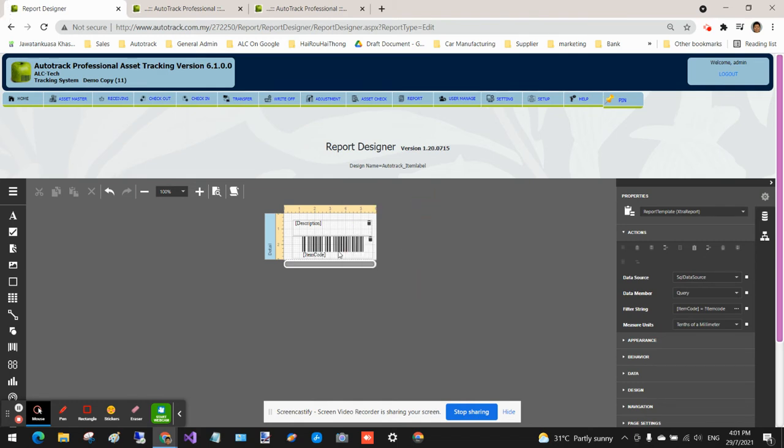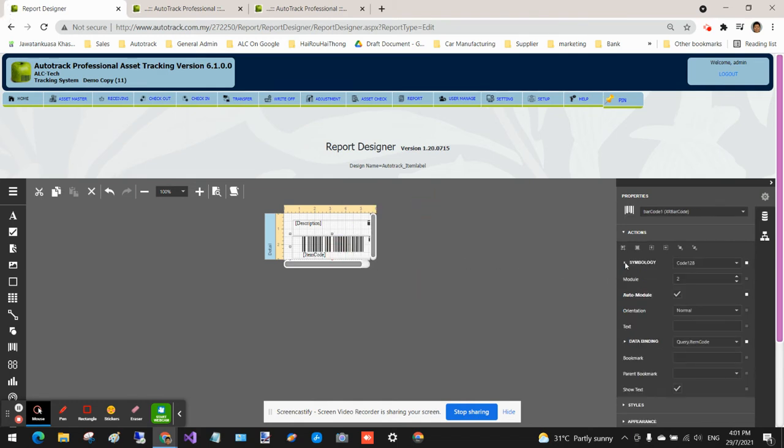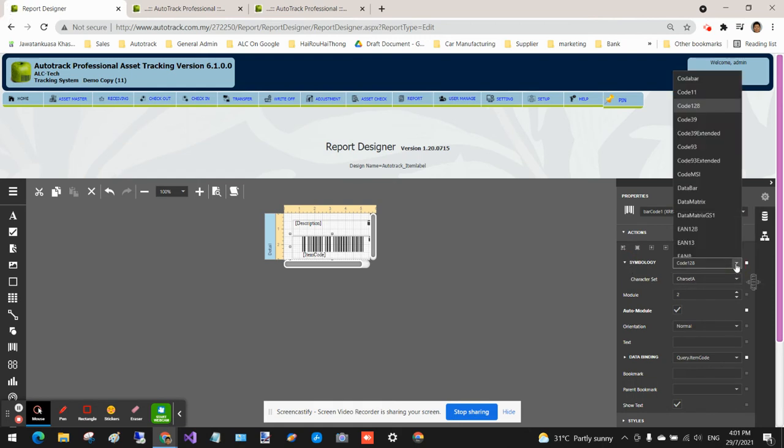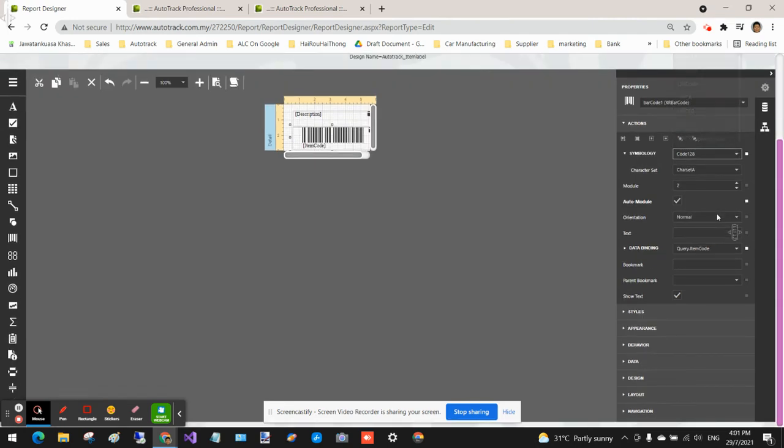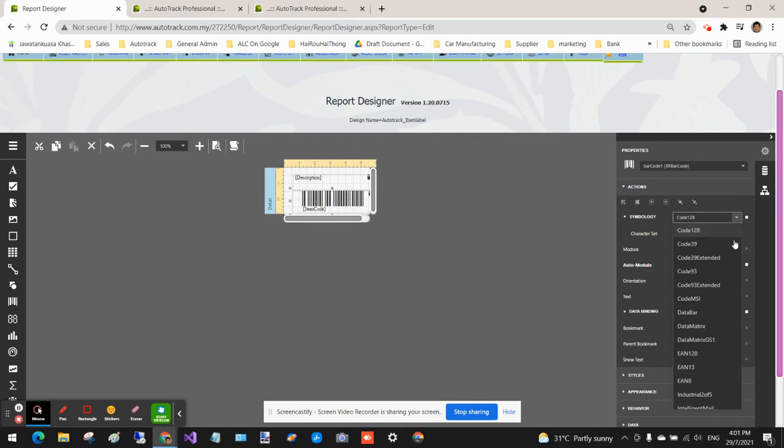Okay, now select by highlighting the barcodes. The default is code 128. What you need to do, drop down the code 128 here, change it to QR code,